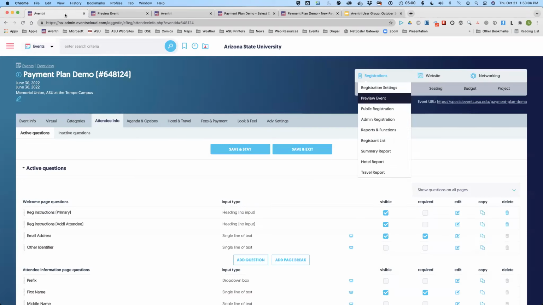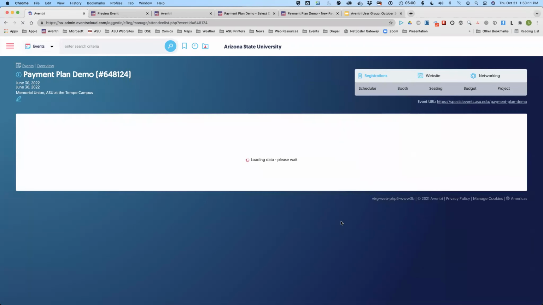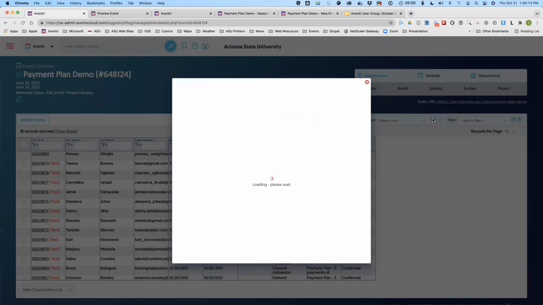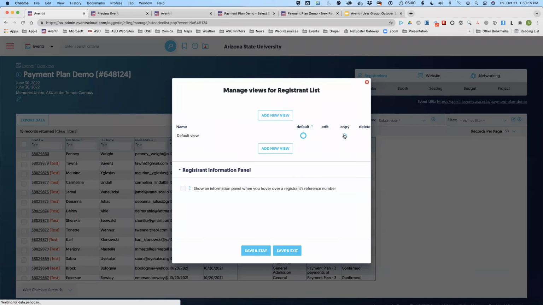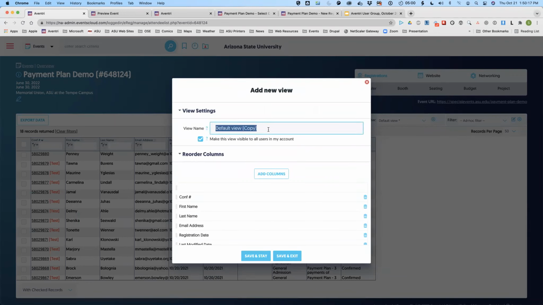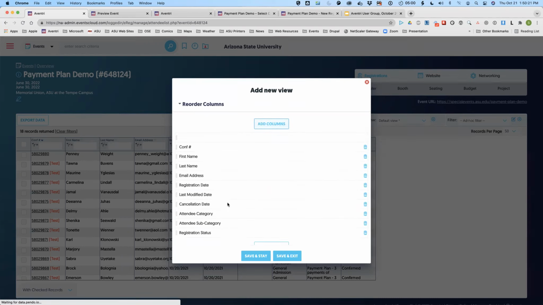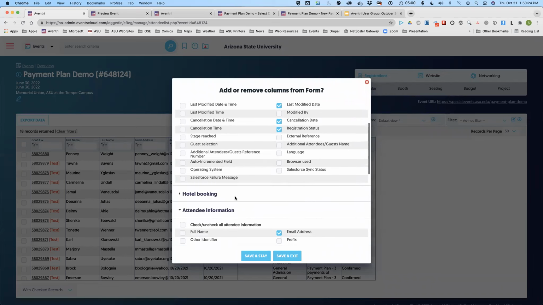They don't see it, but I can go into my registrant list. I would probably make a special view where I have that new field so I can see it.